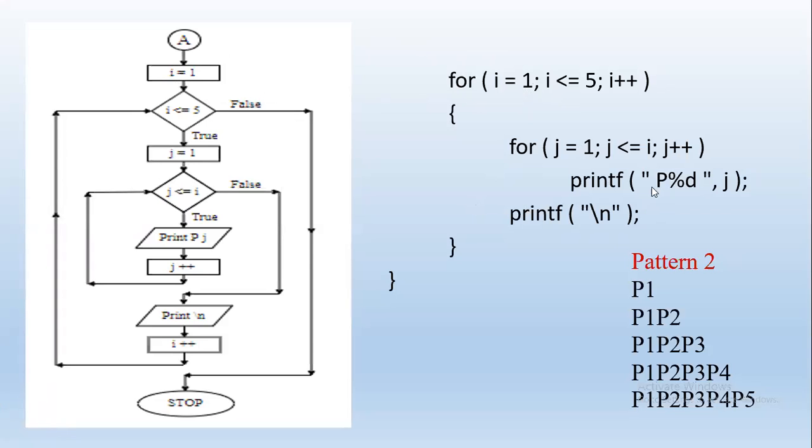So here we are printing P and value of J. Print Pj. Every time increment the value of J. We want to print P1, then P2, P3, P4, P5. Column number has to be printed. So increment this, the inner loop continues till the condition is true. Once the condition is false, we come out and print \n so that each line is printed in a new line. So each row we have in a new line.